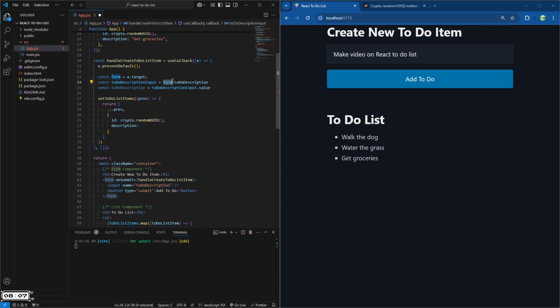So when I say form.toDoDescription, this right here is linking up to this right here, and I get the whole input. That whole input now, I only want its current value out of there. So I'll pop into the input and say, give me what the user has typed inside of you. After doing so, I now have the value that I need for the new description for the new to-do list